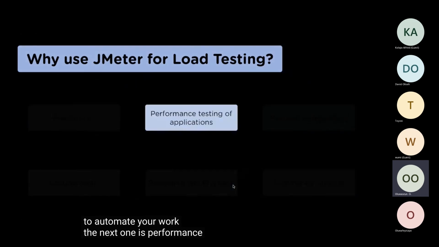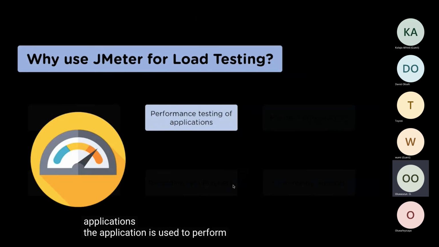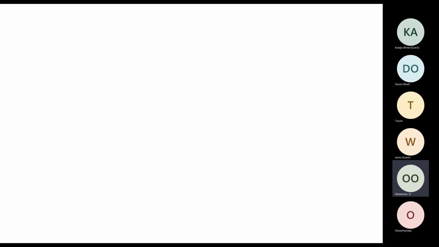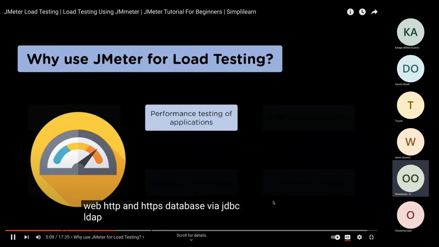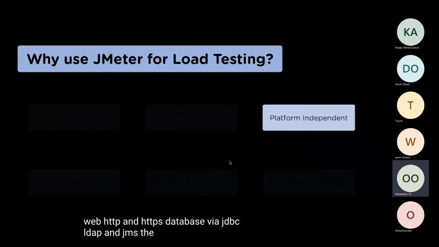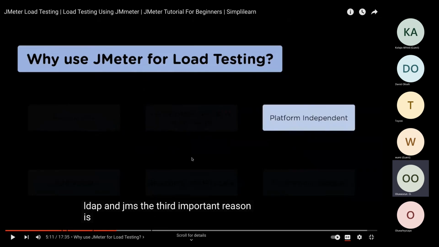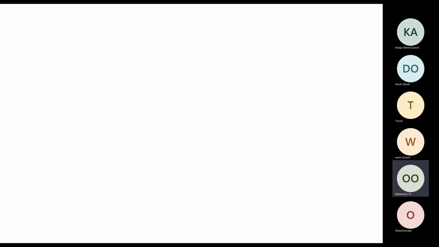The next one is performance testing of applications. The application is used to perform performance testing on different applications like web applications, web servers, LDAP, database, and shell scripts. JMeter can conduct load and performance tests for many different server types like web, HTTP, and HTTPS, database via JDBC, LDAP, and JMS. The third important reason is